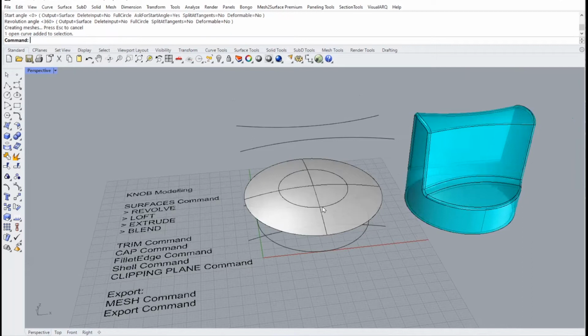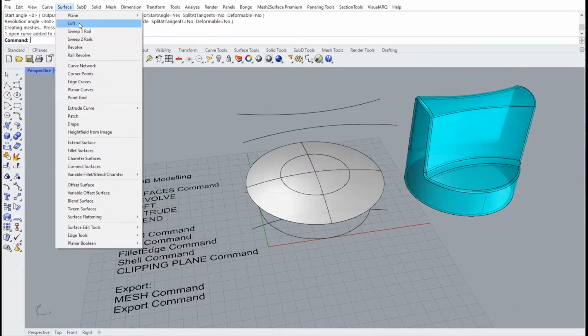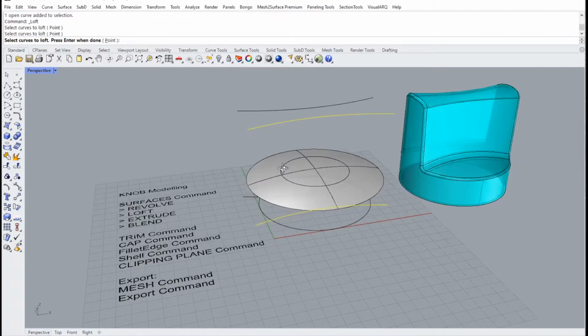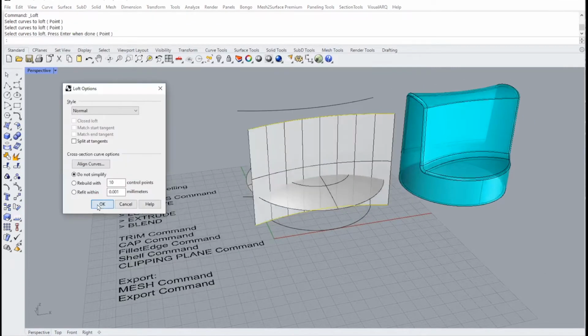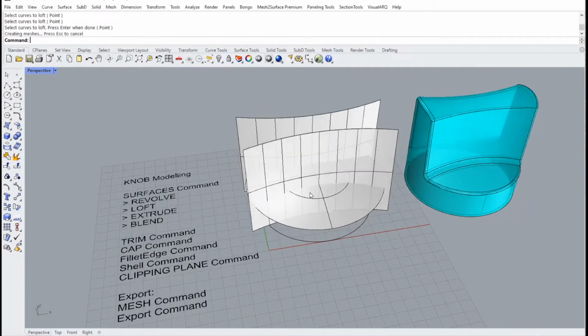So the next command that I will be looking at, it's loft, surface and loft. I'm going to do a direct loft of these two curves. It's an open curves. And I press spacebar again to repeat the command and loft. Done. Okay, so that very basic loft is done, followed by extrude,